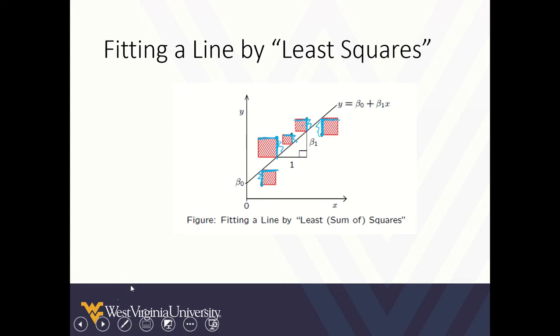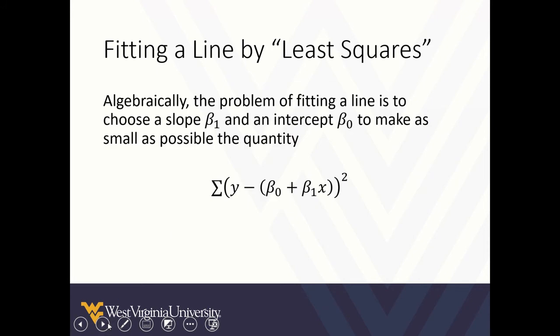Or it means that there's a good relationship between our predictor variable x and our responses y. Algebraically, the problem of fitting a line is to choose a slope beta 1 and an intercept beta naught to make as small as possible the sum of the quantity y, our observed y's, minus the quantity beta naught plus beta 1 x. These are our expected or predicted y's, or theoretical y's, I suppose,